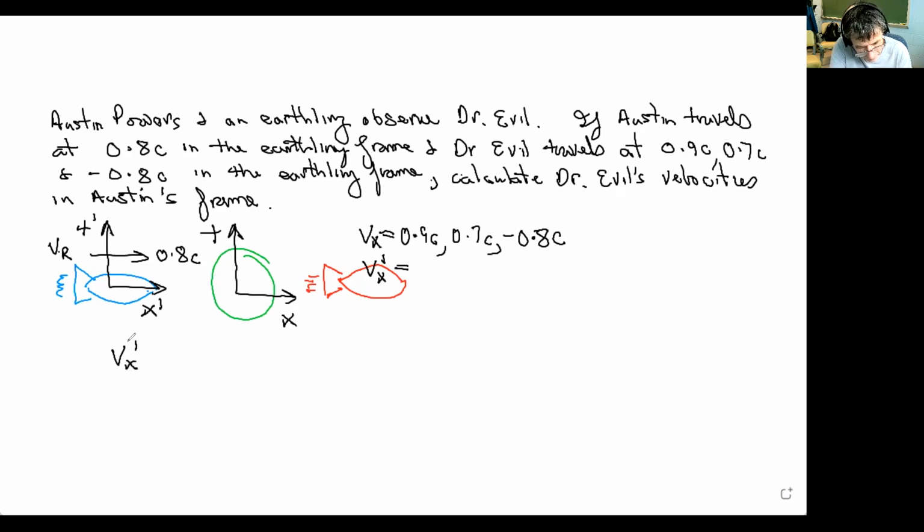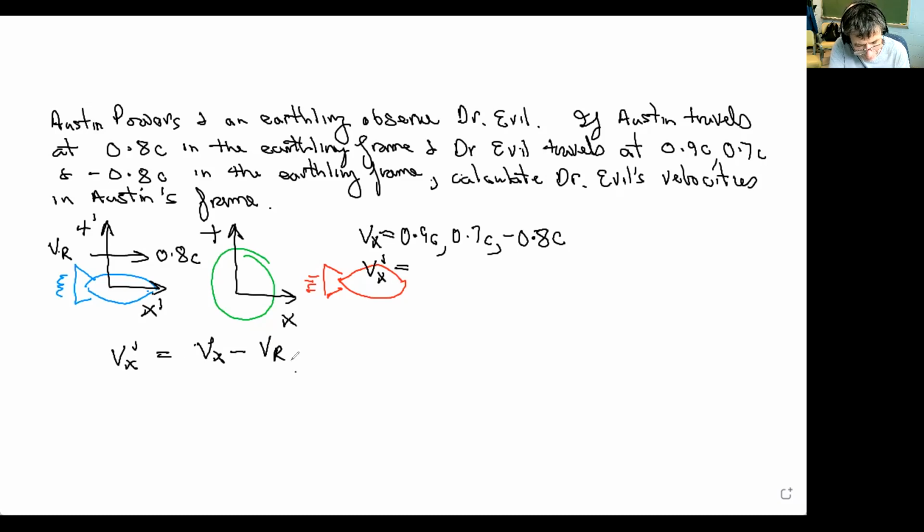The Lorentz transformation says that the velocity that Austin will see Dr. Evil traveling at, we call that Vx prime, is going to be the speed that the Earthling sees Dr. Evil traveling at, we call that Vx, less the speed that Austin is traveling at with respect to the Earthling,